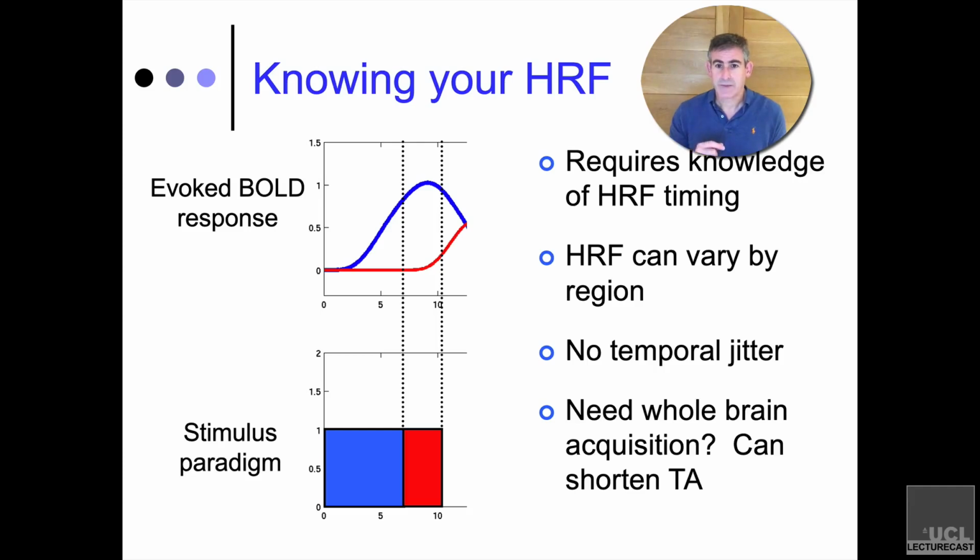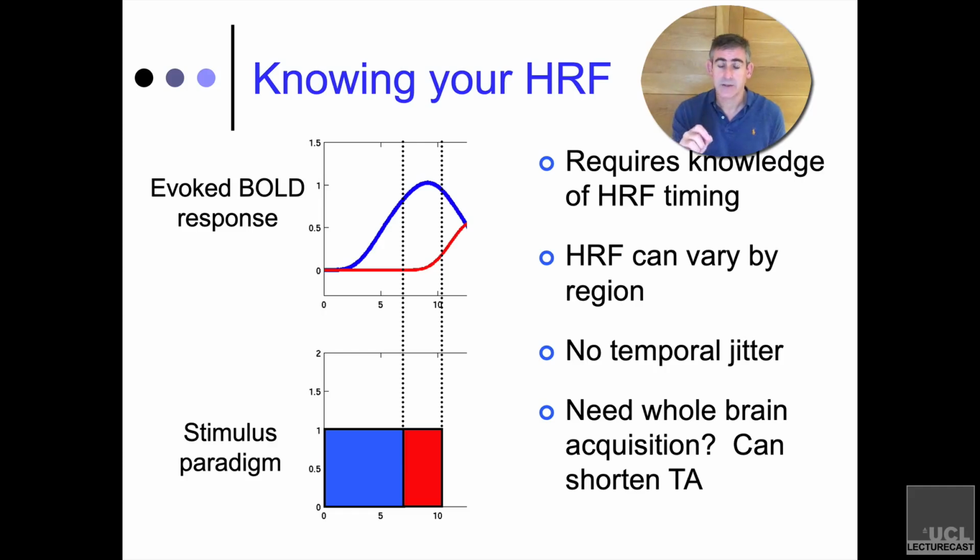One of the other things that people sometimes say is, well, couldn't I get more trials in if I just sort of shorten the acquisition time? I mean, if all I care about is auditory cortex, I can get that from maybe one plane through the supratemporal lobe, maybe two planes. I don't need to collect the whole brain data. And that's true, but it amplifies the problem of whether or not you've gotten the peak of the hemodynamic response function. So if you collect whole brain data, then the odds are that you are going to get something in that 3-second window. But if you get it down to, say, 500 milliseconds, well then,